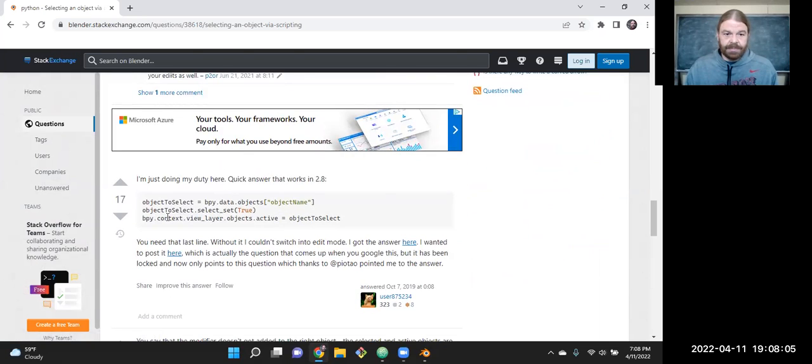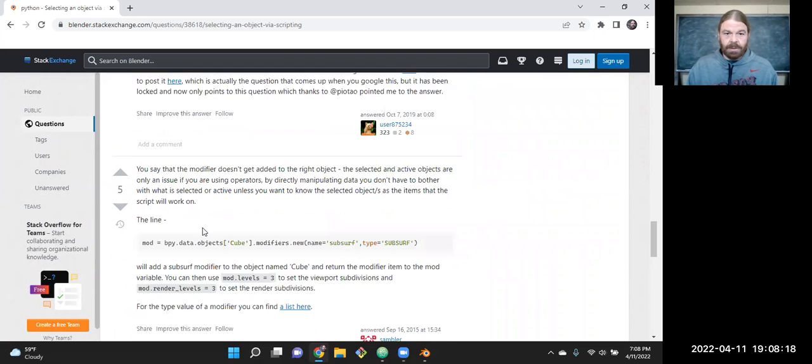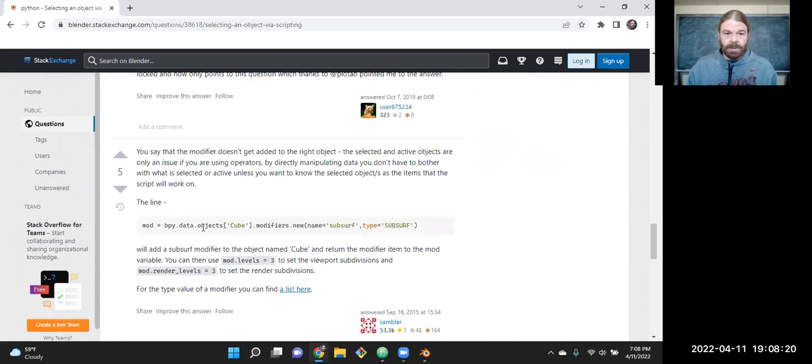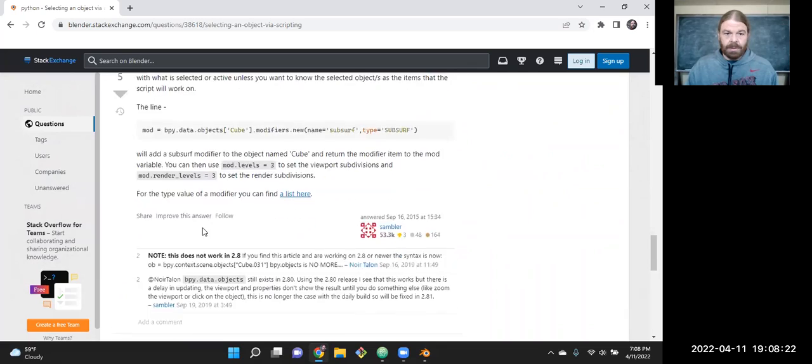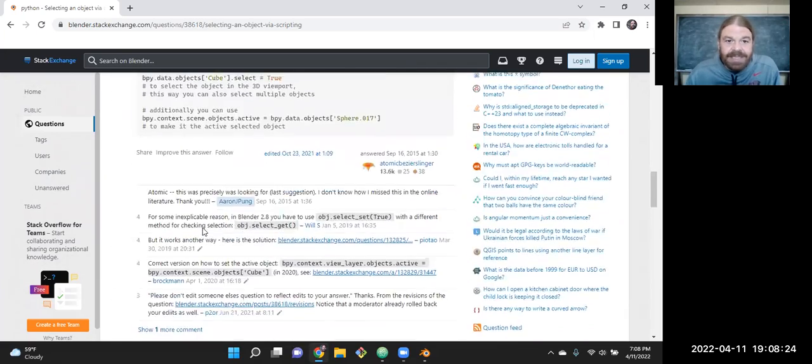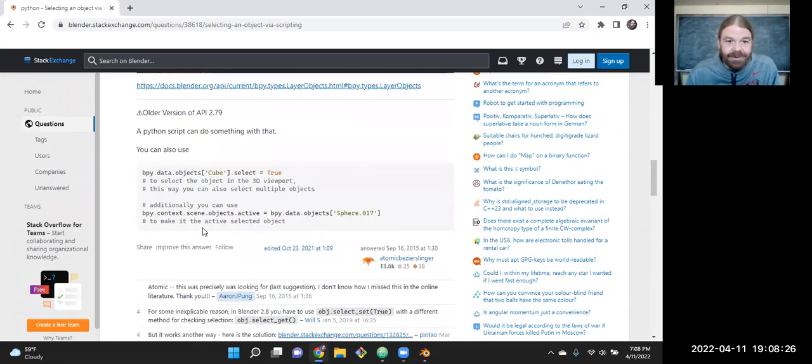And then we could call this select_set to true. Well, those are all fancy ways to do it, looking for something exactly specific. Looks like this is the line of code we want though, right?